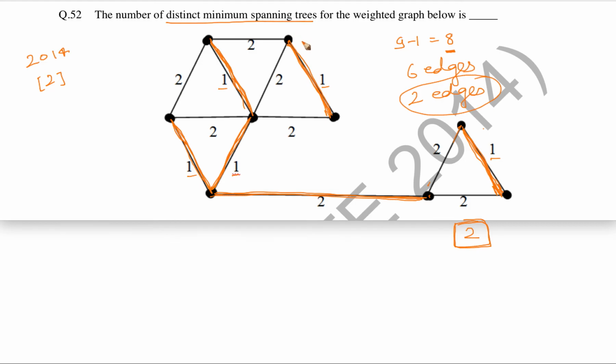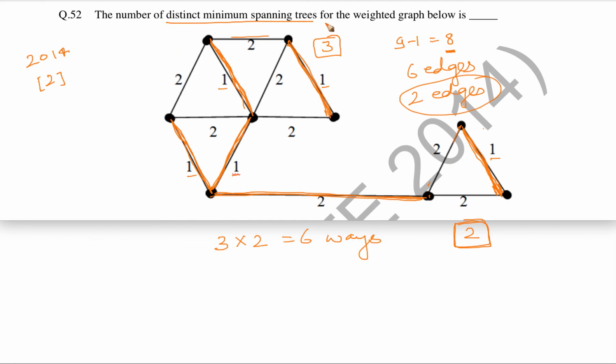And that will be a smallest one, because we are going to add edge weight 2, which is the only possibility in this case. So here there are three options: one option this, one option this, and one option this. So there are three different options here, and two different options here. So overall it is going to be 3 into 2 is equal to 6 ways